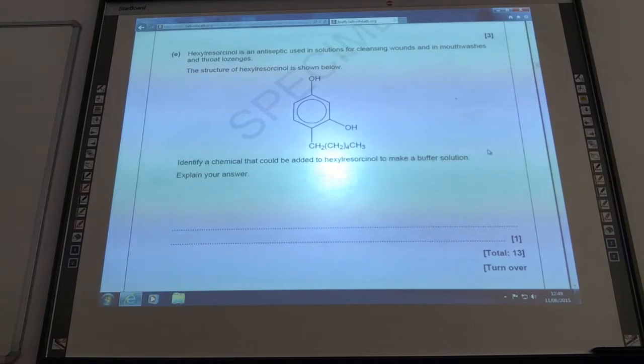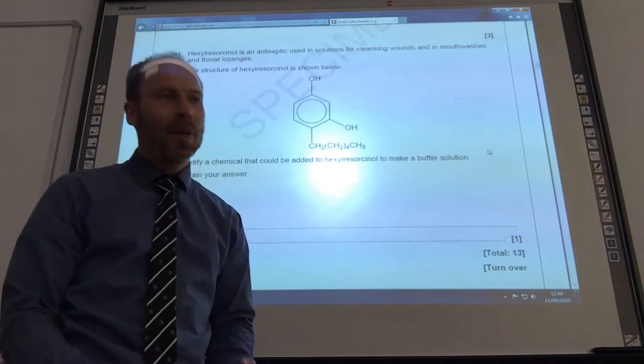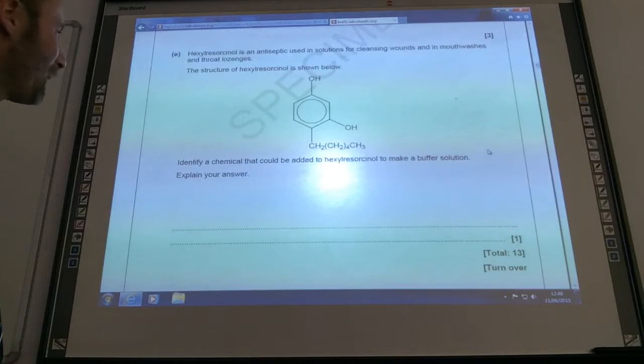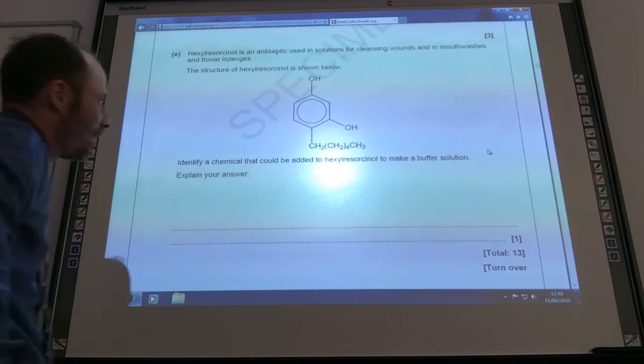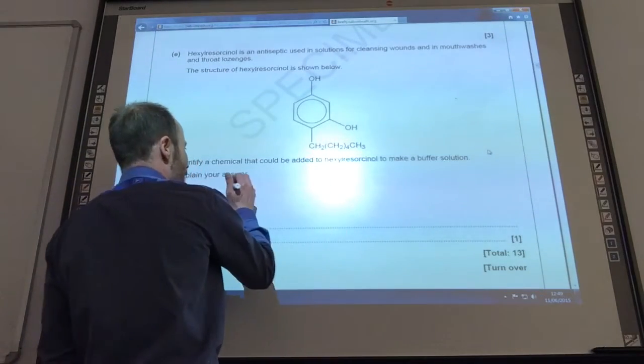Right, now this, ironically enough, is a little bit like organic chemistry. So remember, this is synoptic. You need to remember a little bit of your organic chemistry here. Identify a chemical that I can add to this to make a buffer solution. Well, you've got various ways. If you assume you're going to add,